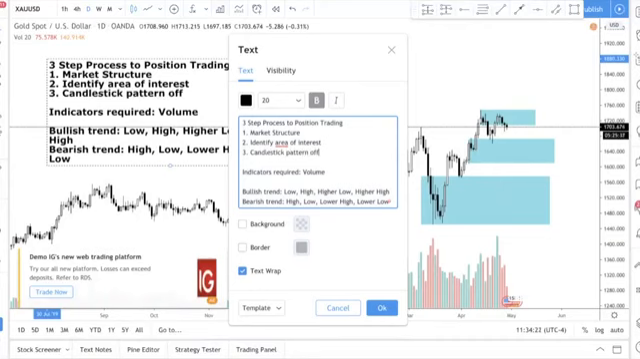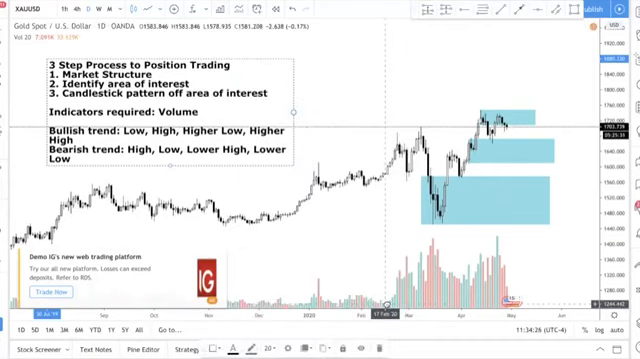So the last step is very simple. You want to look for a candlestick pattern at the area of interest. Now, if you don't know how to identify candlestick patterns, I do have a 3-day trading